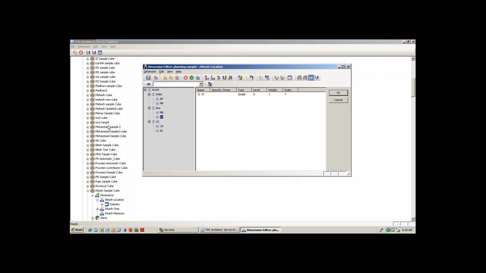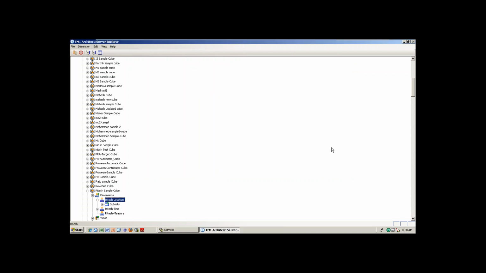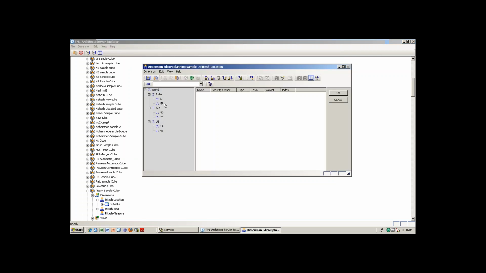So in future, if you have any requirement like this, say I don't want MP under India, so it's only the combination of AP. Or I want to insert one more element, for India I want to insert Chennai or Tamil Nadu, like this. If you want to insert those things, you have to go into the dimension editor, not the subset editor.